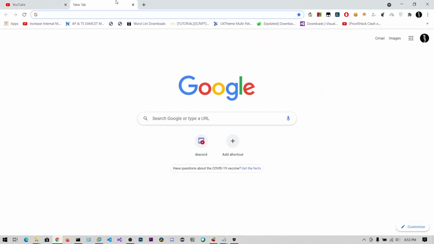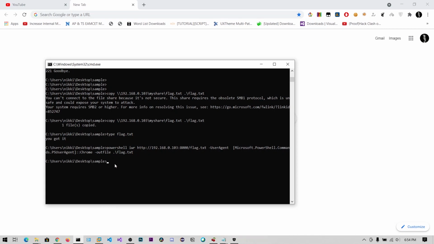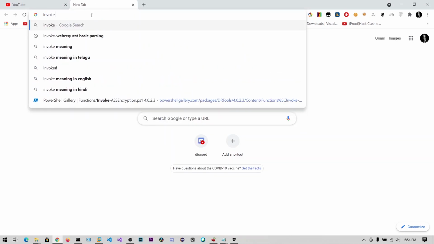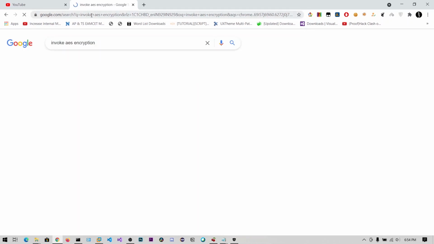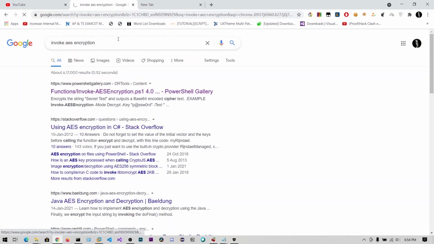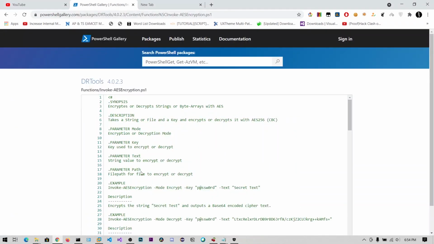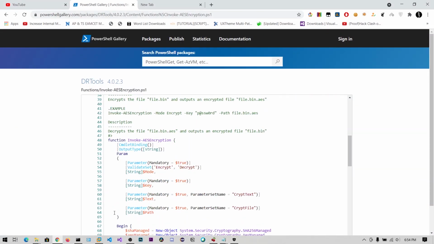So I want to tell you another secure way. You can encrypt the files using this PowerShell script, Invoke AES encryption. You can see this script you can use to encrypt the files, and you can send that to our Kali Linux machine.